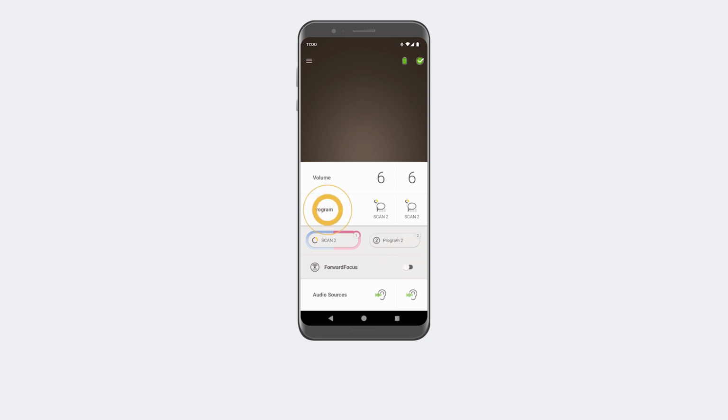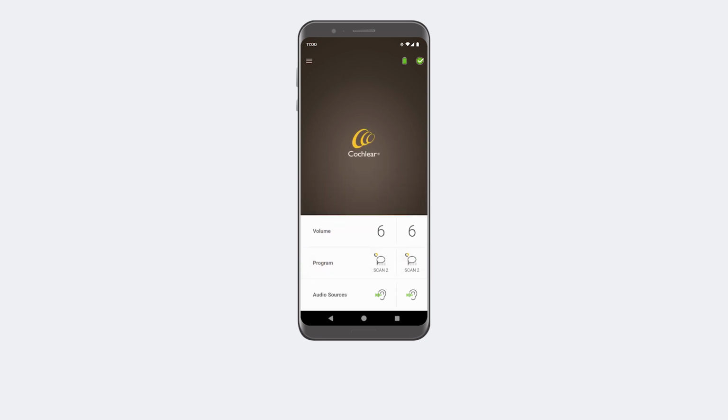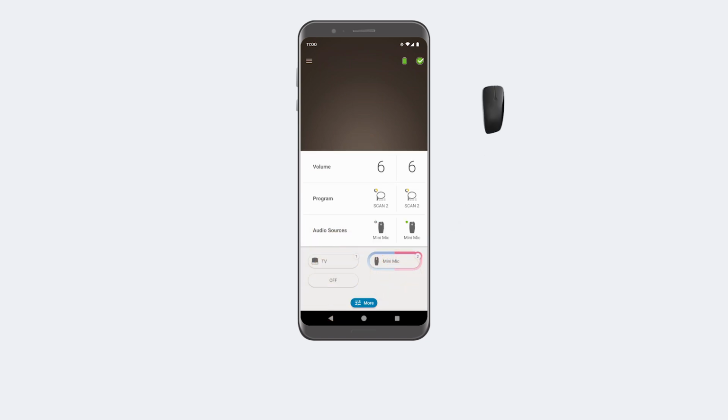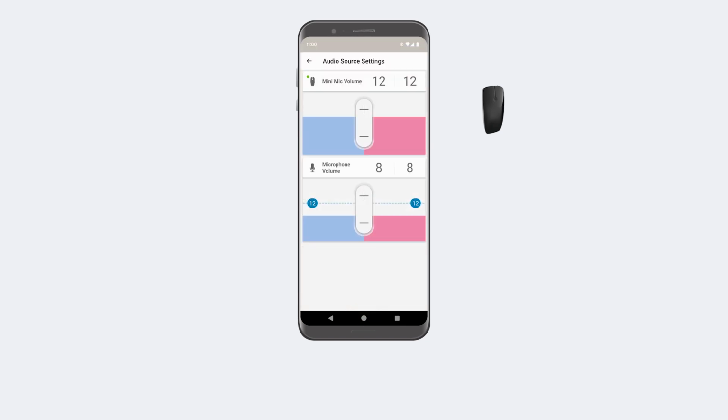To stream audio from wireless devices, tap Audio Sources to open its control panel. Tap the icon for the audio source you want to use. You can also change the volume of wireless devices